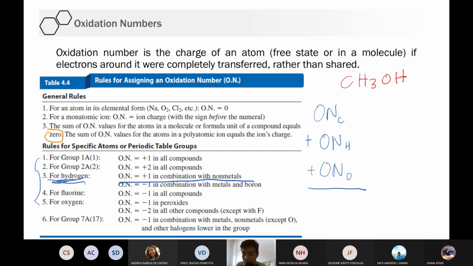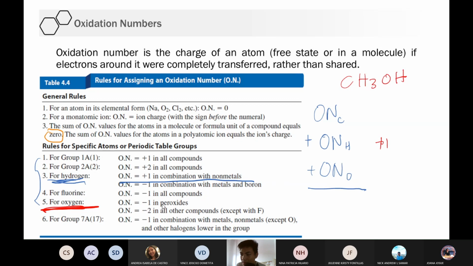Okay? Ayan. Nasagot na yung isang tanong natin. What's the oxidation number of hydrogen? Positive 1. Okay? Paano mo malalaman yun? Tignan mo lang yung atoms na katabi. If that's non-metal, positive 1 daw. If that is metal, negative 1. In our case, puro non-metal yung katabi ni hydrogen. So, positive 1 yung kanyang oxidation number. How about oxygen? May rule for oxygen.